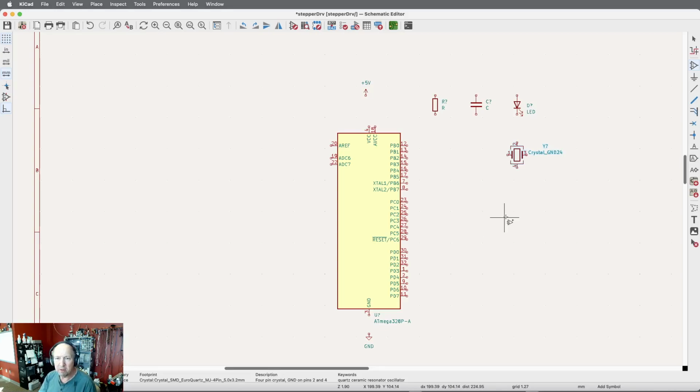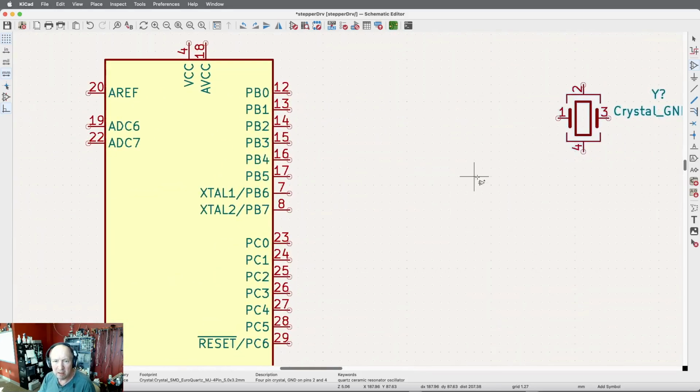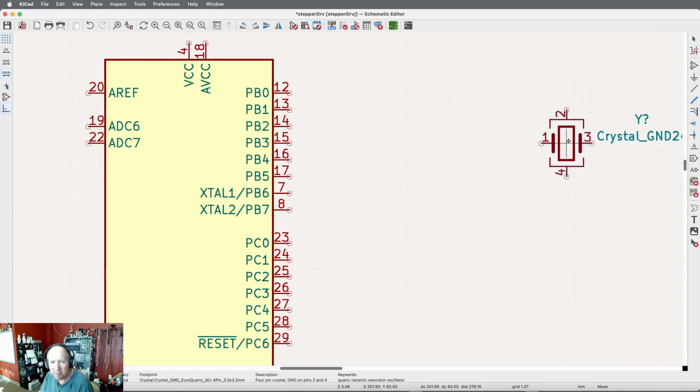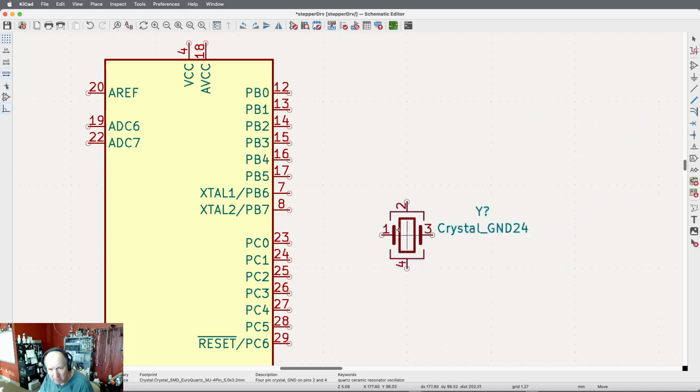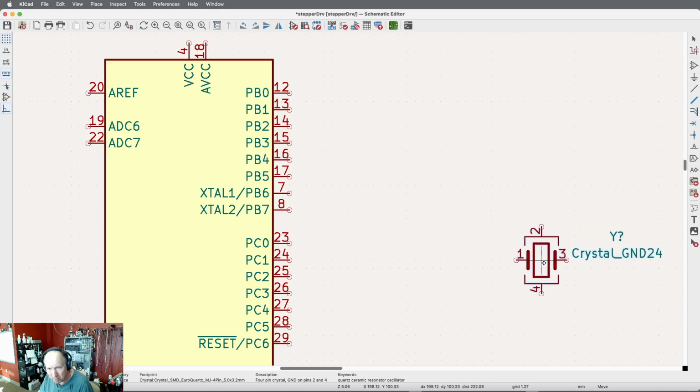So, okay, so let me just zoom in a little bit. So I'm just going to zoom in right here. And this crystal, I'm going to hit the escape key until this thing up here goes, and then I can put my mouse on top of the crystal. And does that work anymore? Yeah, I put the mouse on top of the crystal, and I can say move. M button for move,